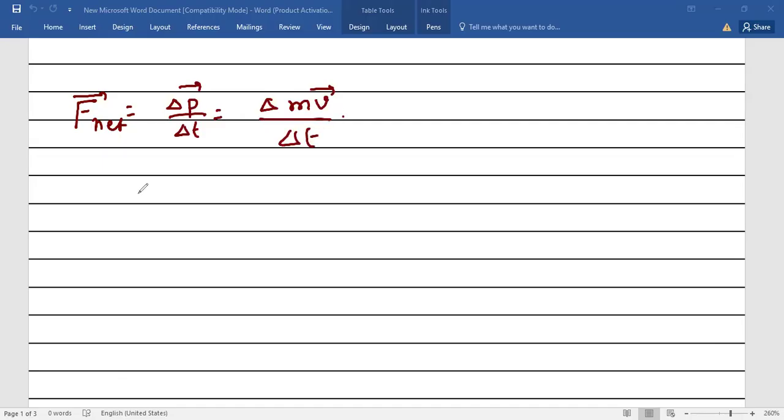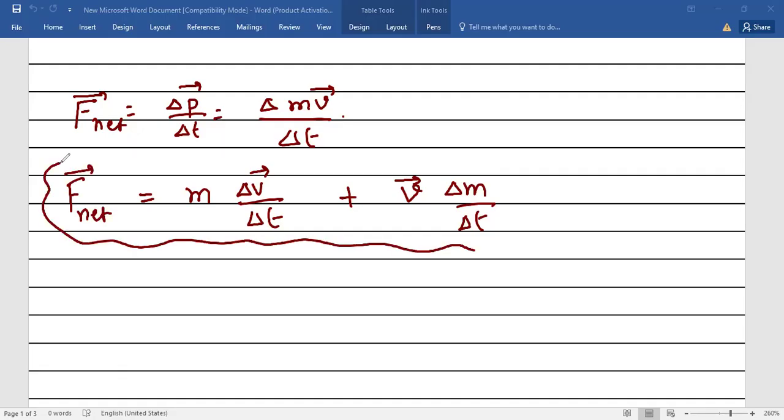Here comes, you have to do like this. We take mass outside and we write down delta V by delta T. Then you write plus, and you write the velocity vector outside and then delta M by delta T. This is the actual expression for the net force acting on any object which is moving with a certain